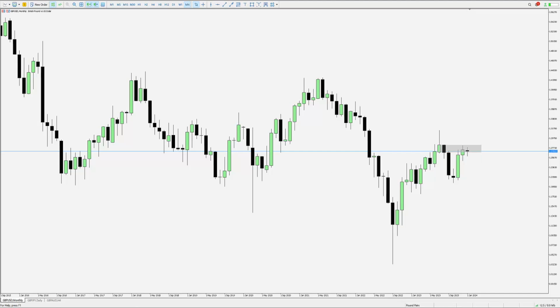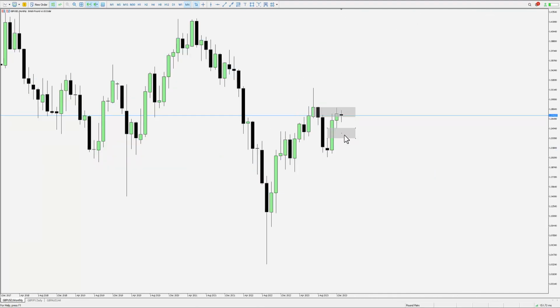You should be hunting for shorting opportunities. Shorting opportunities are targeting which levels? You see, we've got this inefficiency that has been left there since December. That should be your target for shorts, because we've got liquidity here of